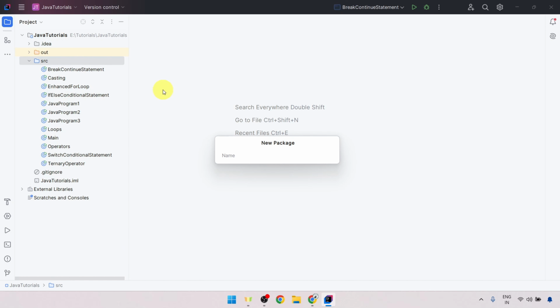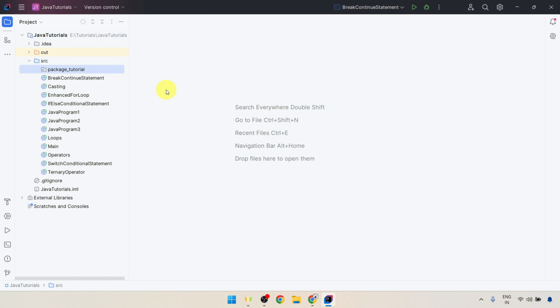Here we can provide any name for our package. Usually it is recommended to use lowercase letters for the package name. If there are two words, then you can separate them with an underscore. Although it is the recommended way, it's totally up to you what name you want to give. So let's create package_tutorial. Hit enter and it will create one package, which is like a folder for us, and inside it we can create